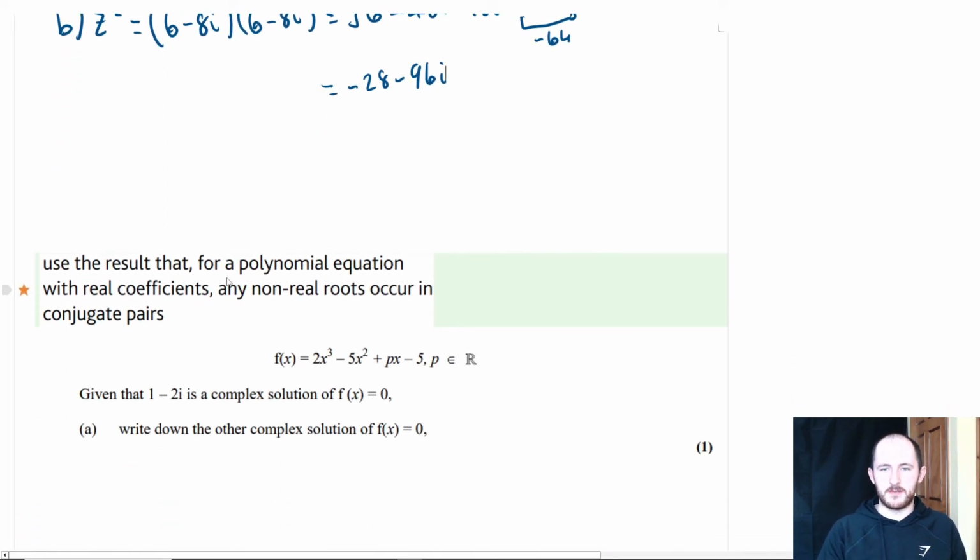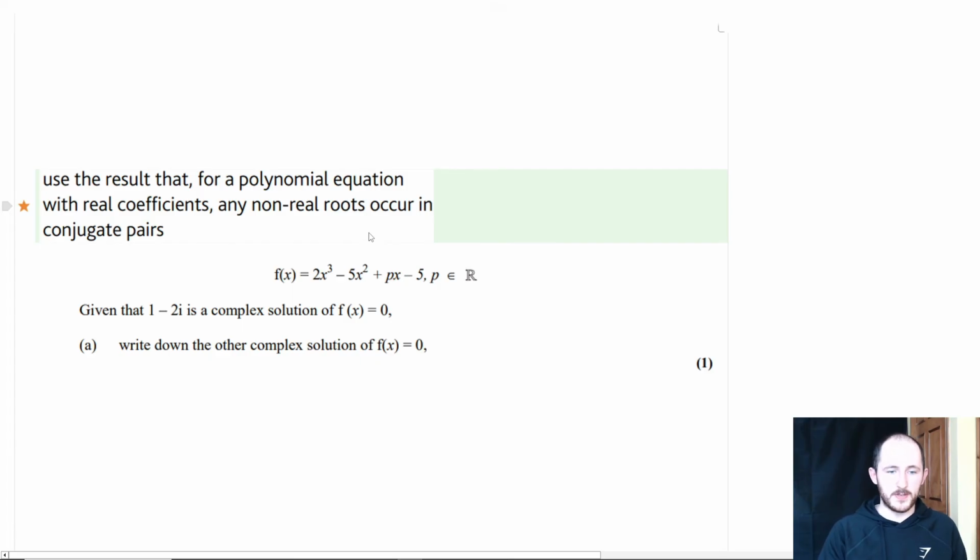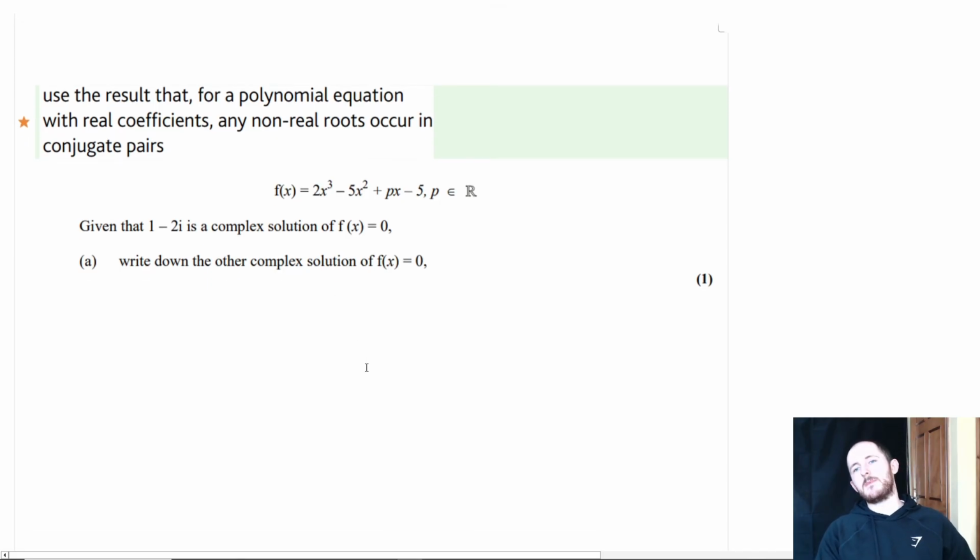Now for the last part, it says use the result that for a polynomial equation with real coefficients, any non-real roots occur in conjugate pairs. So when you have polynomials like this, where you have a cubic or a quartic or something like that, generally speaking, you're going to get real and imaginary numbers. Do you remember when you were doing the quadratic formula back in the old days, and you would get math error sometimes, specifically when b squared minus 4ac was less than 0, and we'd say, oh, there's no solutions? We'd actually say there's no real solutions. Now you know why we said no real solutions, because we are now going to include these negative values by having imaginary or complex